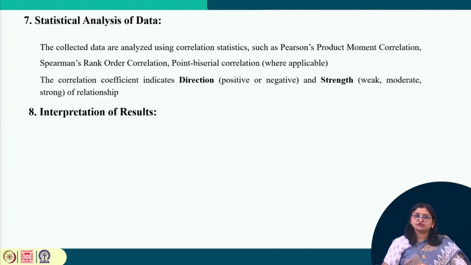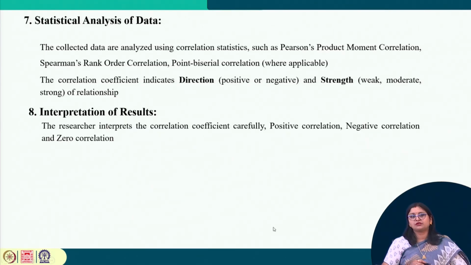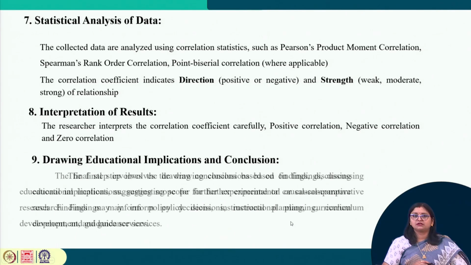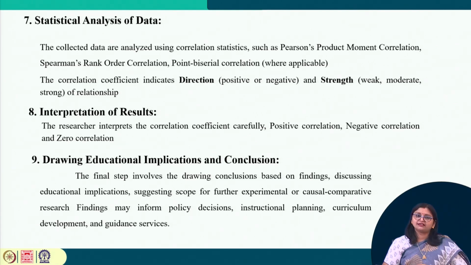Then the interpretation of the result. Whatever result has come, the researcher has to interpret the correlation coefficient carefully. Positive correlation, negative correlation or zero correlation, they have to mention. Now, drawing educational implications and conclusion. After interpretation, they have to write the final steps involved in drawing conclusions based on the findings, discussing educational implications, suggestions, scope for further experimental and causal comparative research, findings that may inform policy decisions, instructional planning, curriculum development